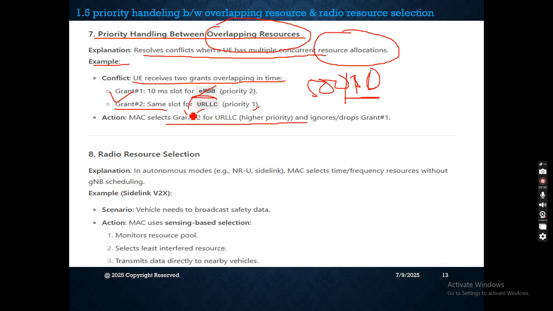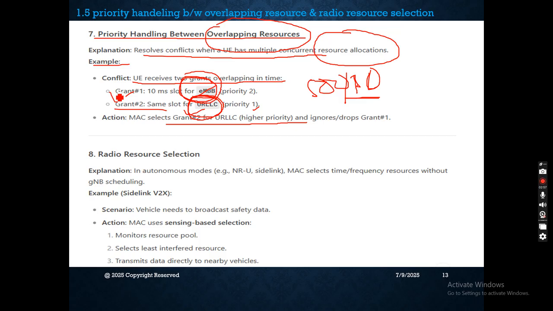Because of the priority of the services. Due to the priority of the services, it must receive the grant first, and it may ignore the eMBB or drop grant 1,